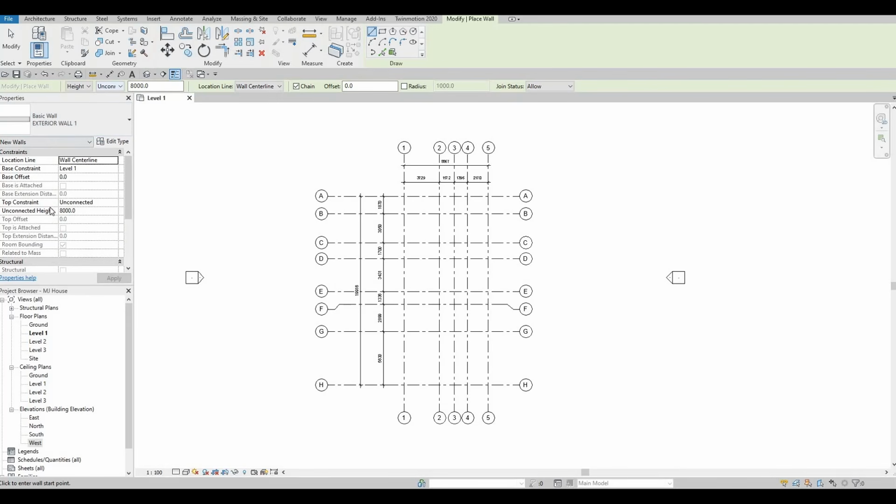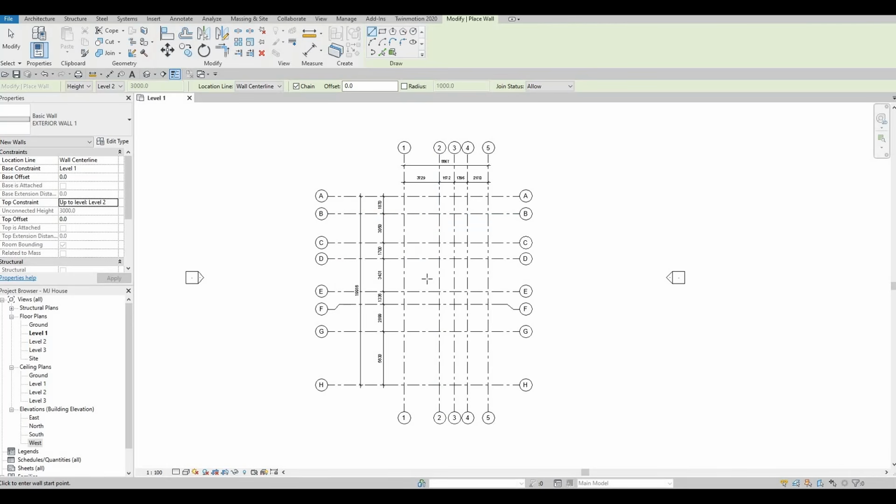You can change it here, or you can change it right here under properties. So here I'm just going to put it at level 2, and then once I change that and apply here, it will change right here as well. And it's already telling me that wall is center line, and then the chain is checked. So we're ready to add our basic wall